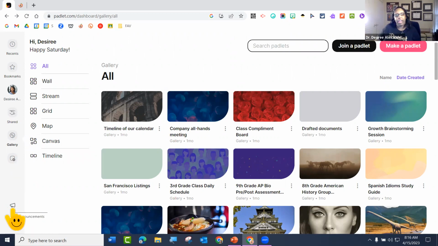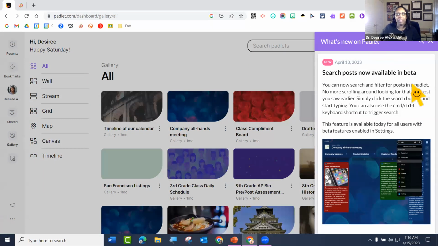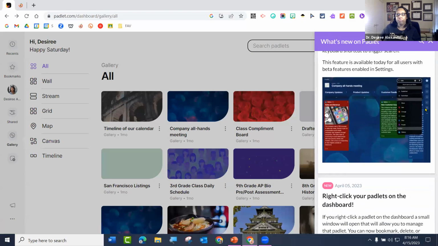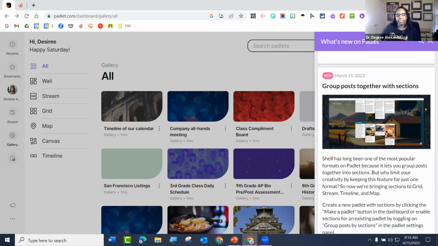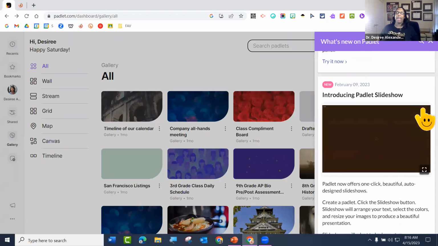And then down here, you have notifications. So if something is new in Padlet, this is how you can tell. Okay, so it tells you what's new, when did it come out, all that good stuff. Padlet, I'm not going to say they announce stuff on their Twitter, but it's not like some other tech companies where immediately when something awesome came out.